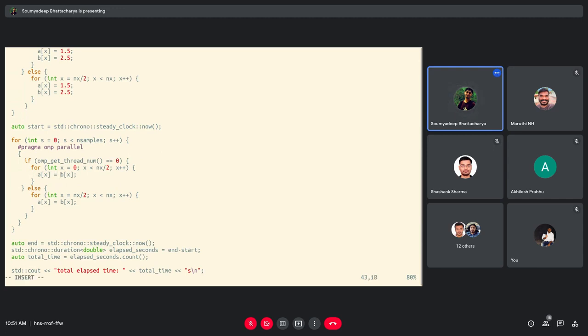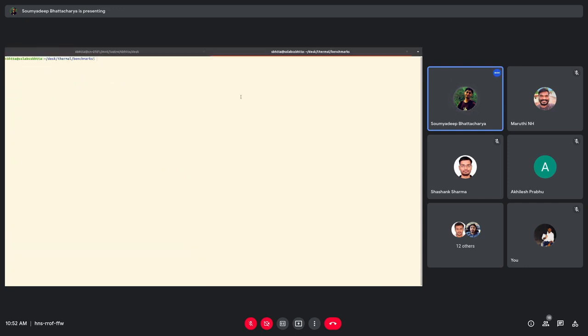If instead my algorithm was, I will do AX plus 1.54 into 3.6, and we'll take a cosine of that and do an exponential of this thing. You will basically be doing not only a memory transfer of B from the RAM and then writing A back to RAM, you'll also be doing a lot of mathematical operations, arithmetic and algebraic operations. So these algebraic operations, if you look at the standard C++ implementation,